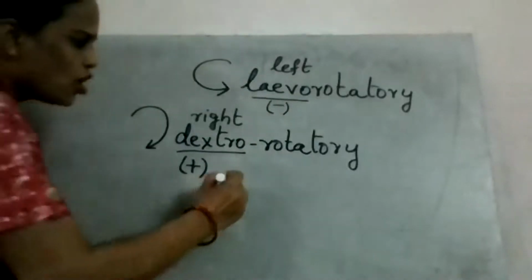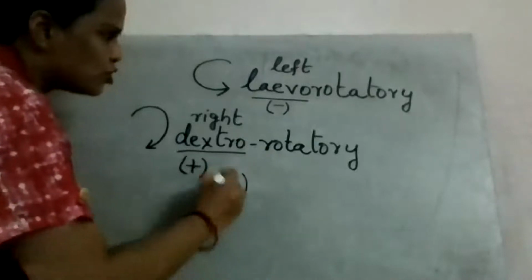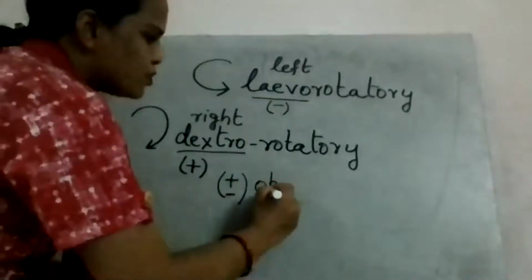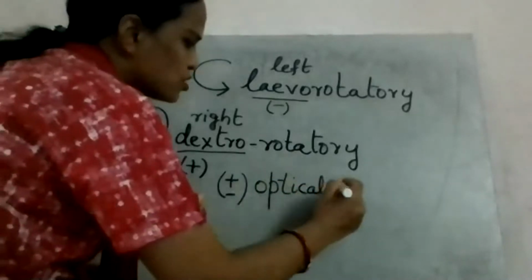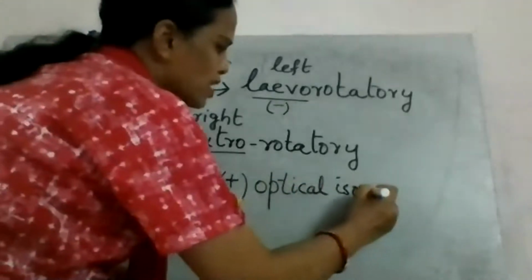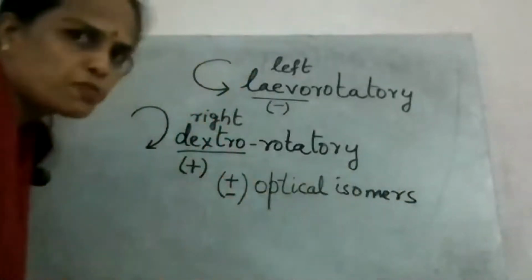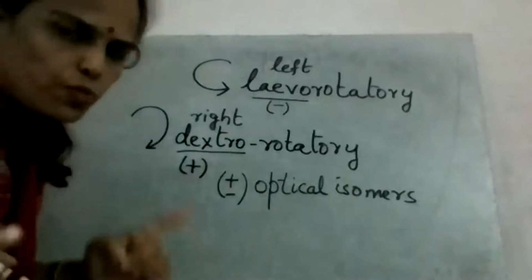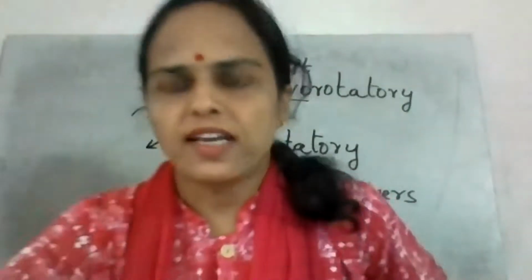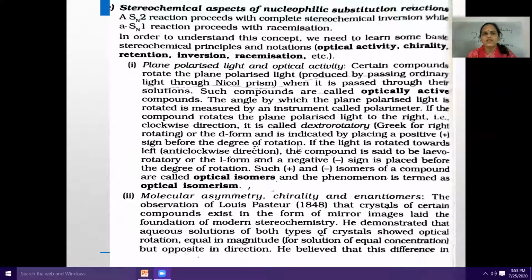Now a mixture of plus and minus isomers together are called optical isomers, and the phenomenon is called optical isomerism. I hope you understood this. A plane polarized light is generated when an ordinary light is passed through a Nicol prism. Then the terms which you should know are molecular asymmetry,